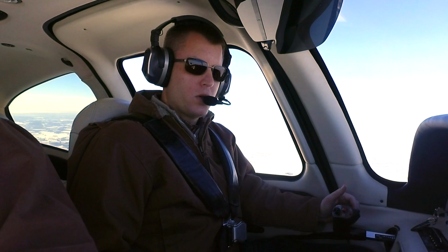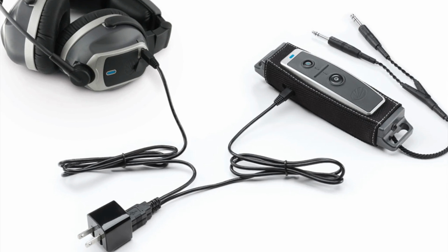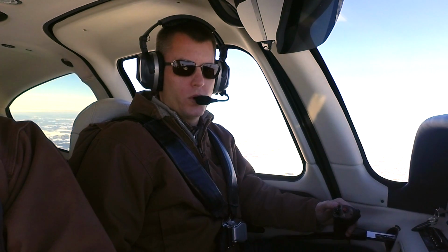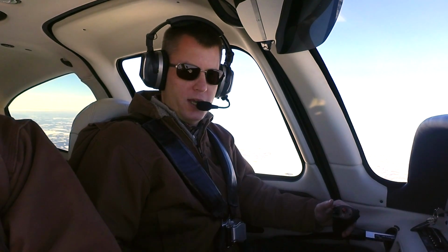And you can also recharge it quickly, so 1 hour gets those batteries to 70%, and then the last 30% is a little more of a trickle charge. So if you're in a hurry before a flight, even just an hour gets you probably more than enough for your flight. The other nice thing that Lightspeed has done is with the LEMO version, which we're flying with today,